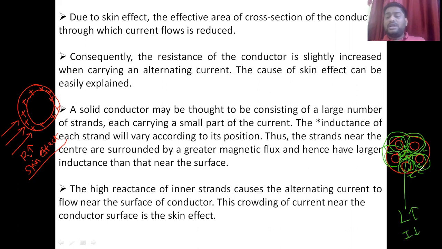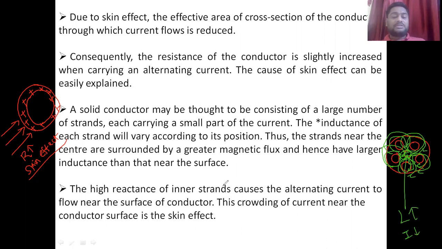That's why current flows only through the surrounding portion of the conductor's surface, and the center of the conductor does not allow the flow of current because of its high inductive property. In the AC condition, current flows only near the conductor surface, and the inner strands do not allow current flow due to the large number of magnetic flux linkages from the surrounding conductor.